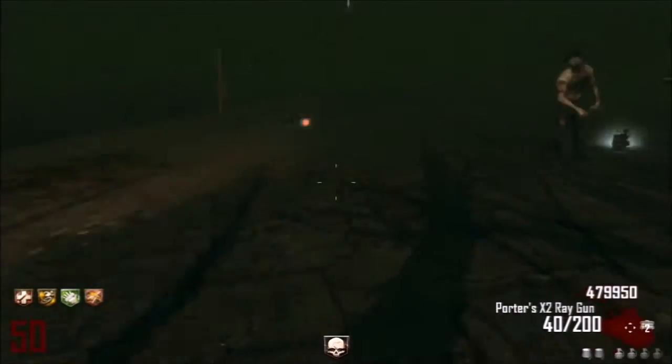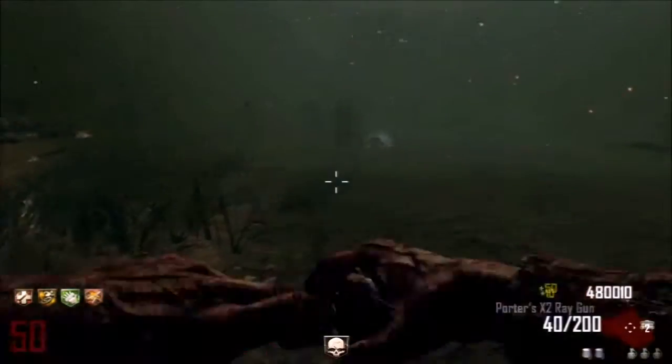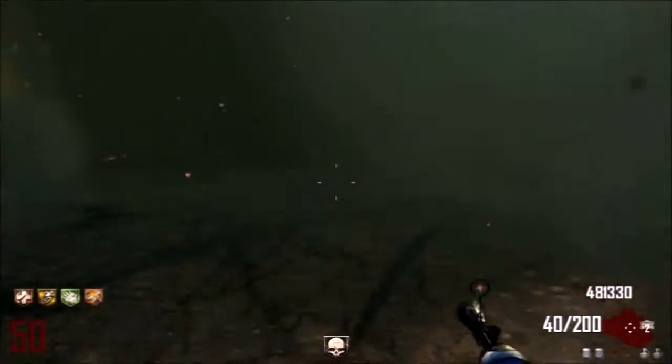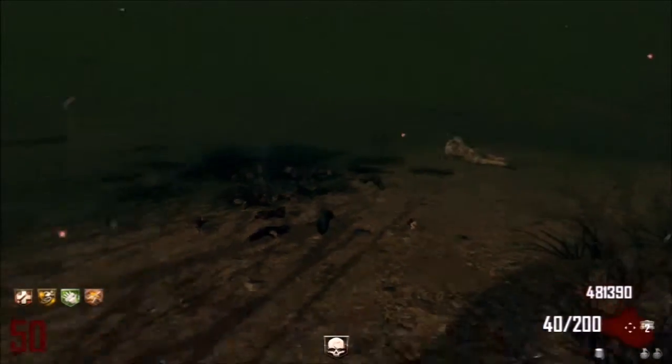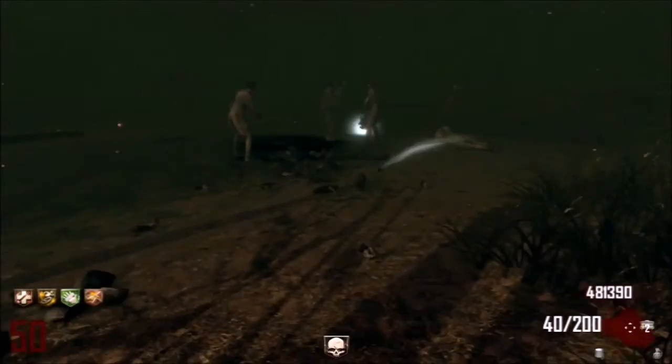I think that's what it is. It's like the 3-shot burst one. It's an automatic after you get a Pack-a-Punch, but you can get an automatic M16, and then you can M16. And you'll see me using monkeys with my zombies right here, just to kind of get